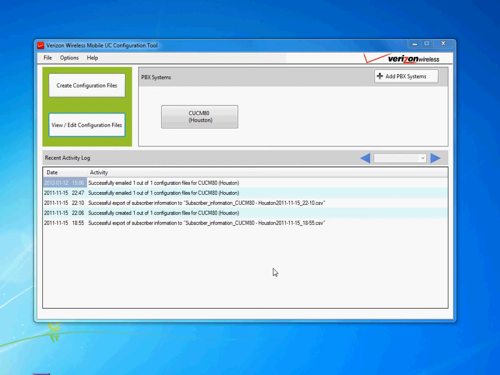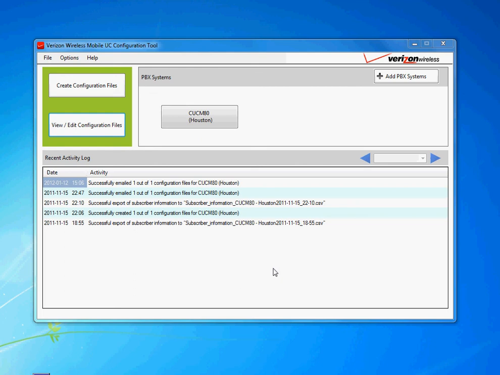But the files you create here are akin to the files that get created inside Cisco Unified Communication Manager when you do your phone configuration, and then in the background CUCM creates those files and puts them in a TFTP directory, and they get automatically downloaded to your phone via TFTP. So this is a little bit different. You're manually configuring the files outside of Communication Manager, and then also getting that file onto the phone